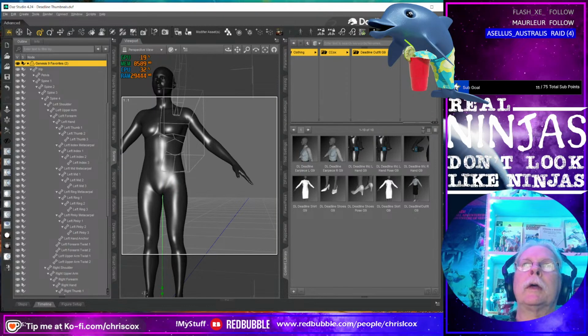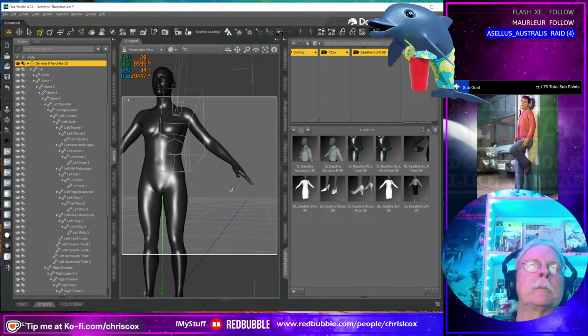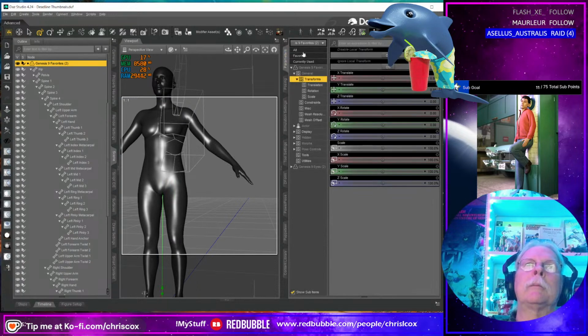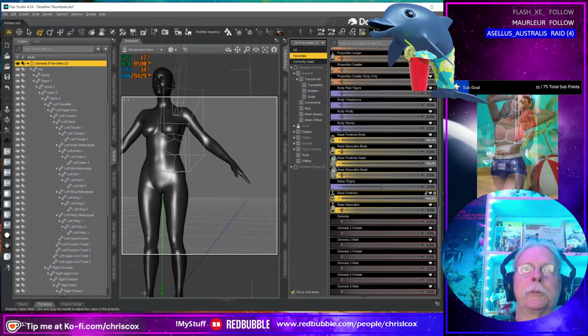I can't see my full window, but I have a thing here that zeroes the pose, and I just can't click on it because there it is, zero figure pose. Oh, you know what? I think he's zeroed out. Dang it. I have to reset the shape again.